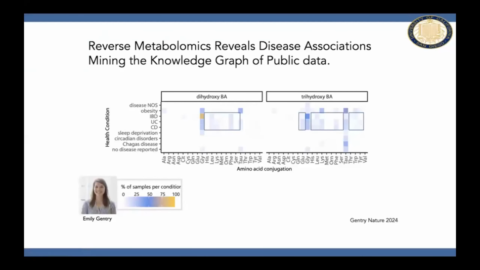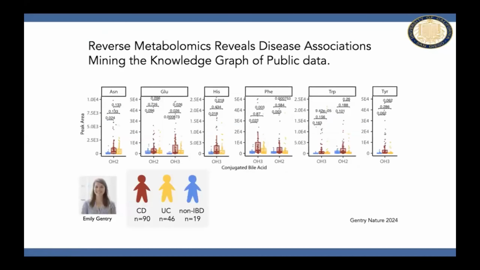And so now we can go into those public data sets, extract a feature and map their intensity and actually do statistics on it. And what you will find is that many of these tend to be enriched in Crohn's disease patients, but not in relationship to non-IBD controls. And what I find amazing is we get this for free. This is data that's been publicly deposited, where the original depositors did not know about the existence of these metabolites, but we can reinterpret that data, and so we can actually learn new biology.